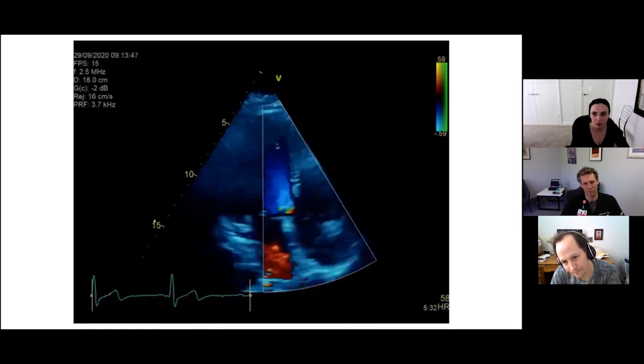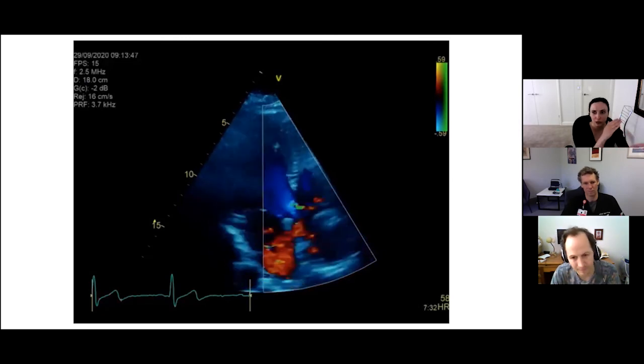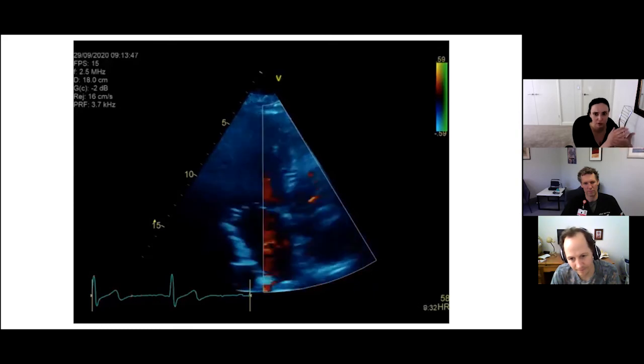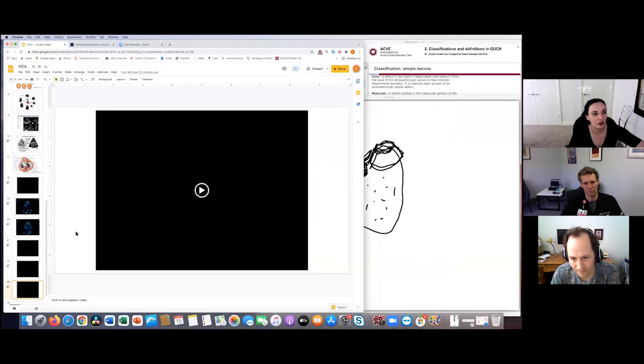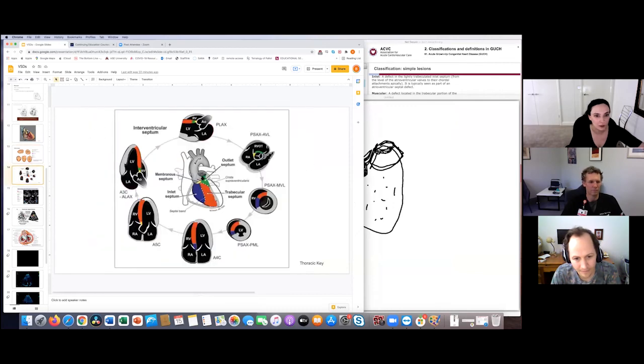So I'm going to go back to the pictures because we've seen it just below the mitral valve, just below the tricuspid valve, and just below the aortic valve. So I'm going to go back to the diagram, this one. Okay, so we saw it come out just here on the short axis,